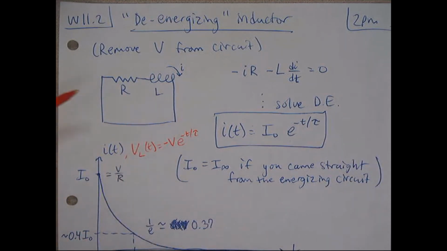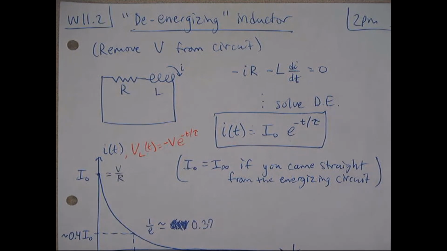It will lose its energy to ohmic heating in the resistor, and the current will decay exponentially. If you did come straight from the energizing circuit and you had already built up I infinity in the inductor, this is your starting value I0